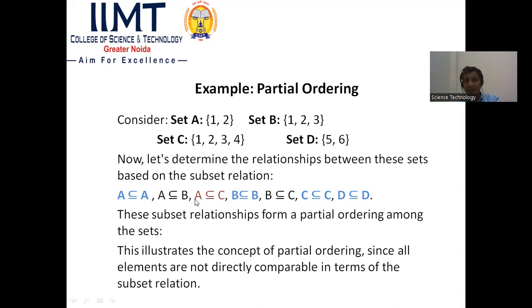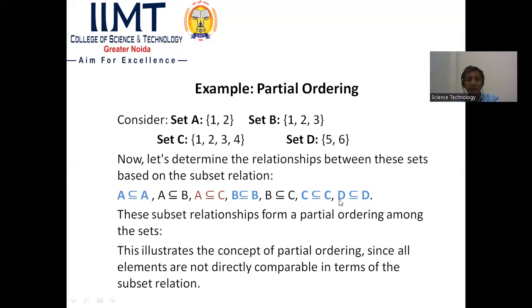Since A is subset of B and B is subset of C, that means A is subset of C. Moreover, we can see by the set simple operations A is subset of C. So transitivity property also holds. If we talk about antisymmetry,